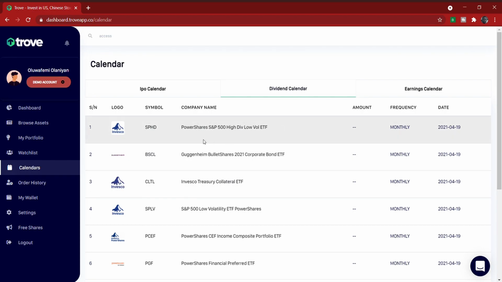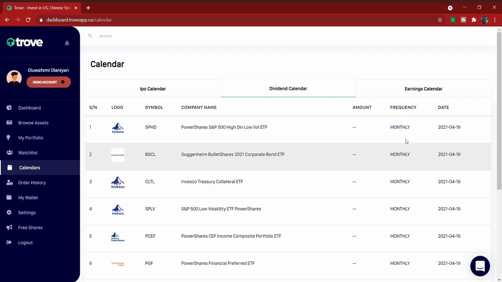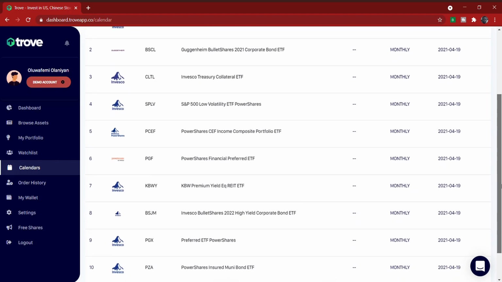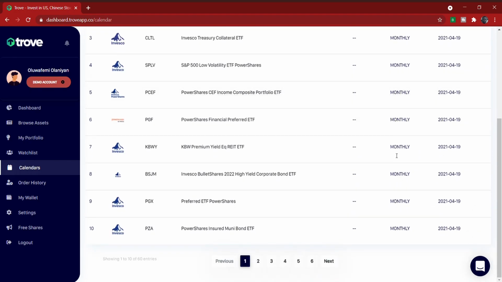For example, this number one here, they are paying their dividend every month. You can see monthly. If you scroll down, you see different companies monthly. If you want to check more companies, you can just click 2, 3, 4, 5, 6, and you check different companies when they are paying